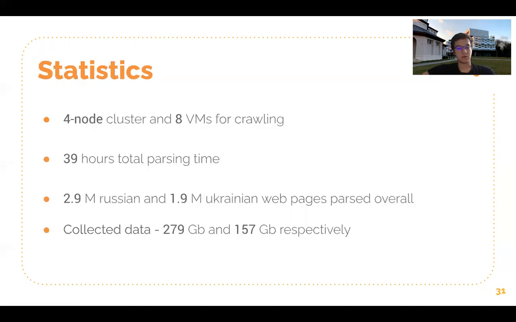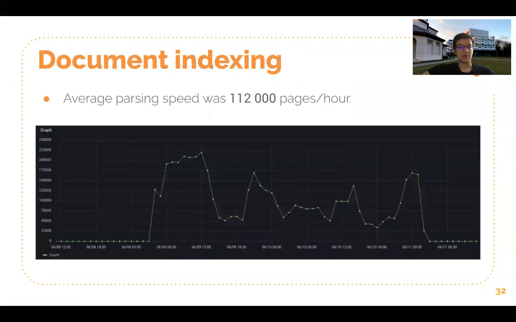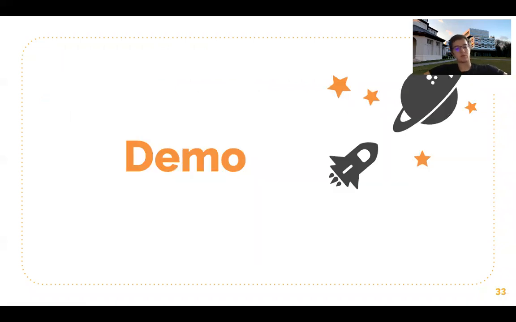The statistic is as follows. We had a 4-node cluster with 8 virtual machines for crawling processes. We had 39 total hours of parsing. We have parsed almost 5 million websites and collected more than 400 gigabytes of data. The average parsing speed was around 112,000 pages per hour. Now let's look at the demo